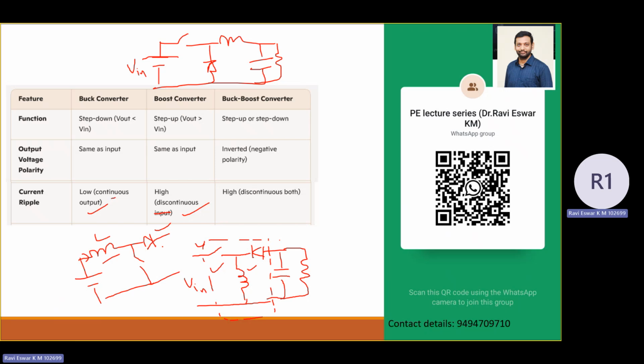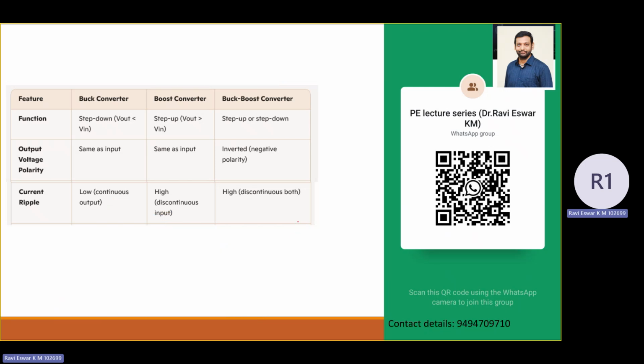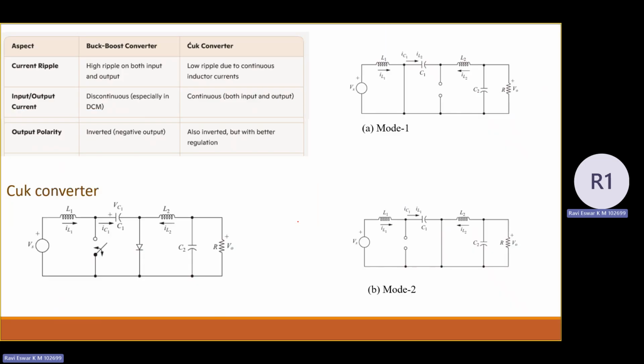Whereas in case of boost converter, the current ripple is high at the output side, whereas in the buck boost converter, the current ripple is high at both input and output side. So this is the comparison with respect to the current ripple in case of buck converter, boost converter, and buck boost converter. So, what is the main consideration we did for the Cuk converter when compared with the buck